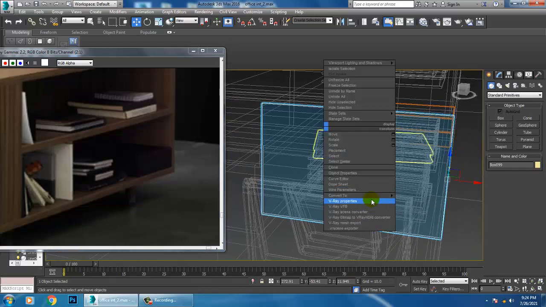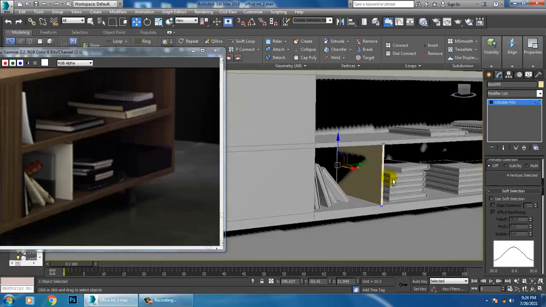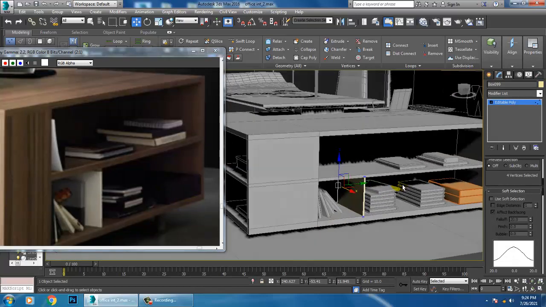Convert to editable poly, vertices, just keep it in this way. I think it looks much better.